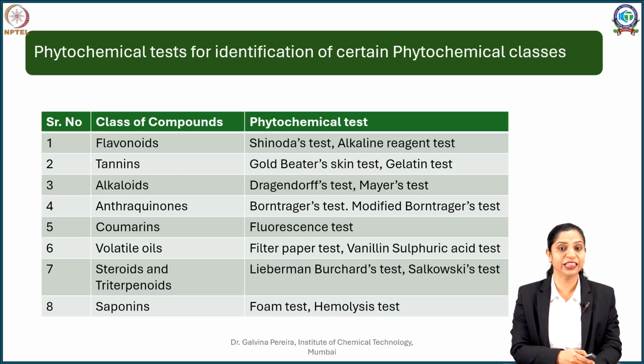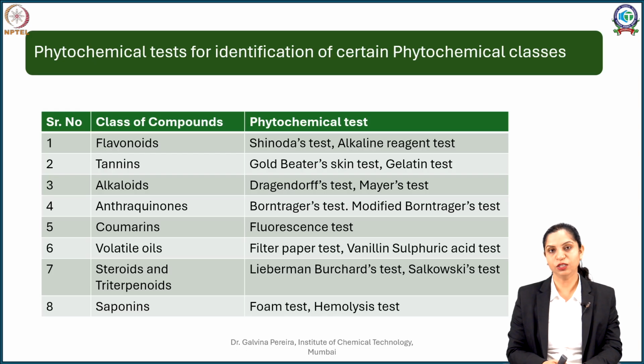Similarly, when you see anthraquinone drugs, can you all recollect? We did two anthraquinone-containing drugs, specifically aloes as well as senna. At the same time, we also saw a colorant called cochineal. All of these anthraquinones follow a test called Bontrager's test, in which, in the presence of alkaline pH, your free anthraquinones gave a pink or cherry pink coloration.